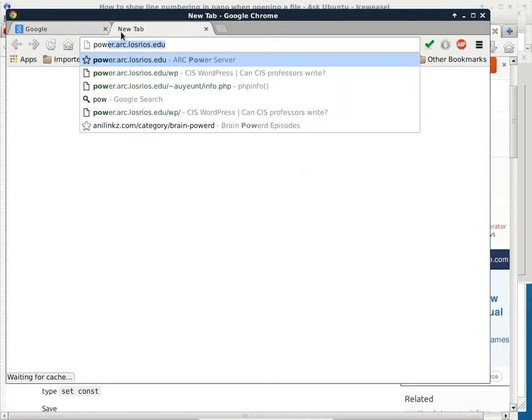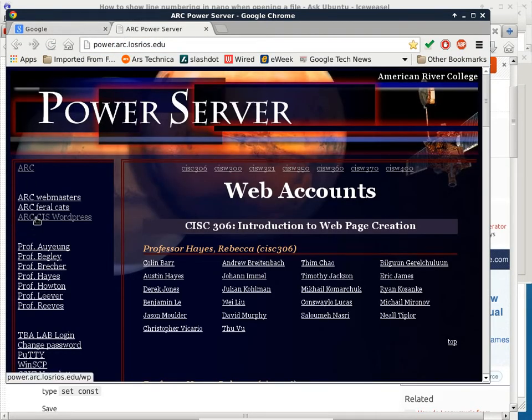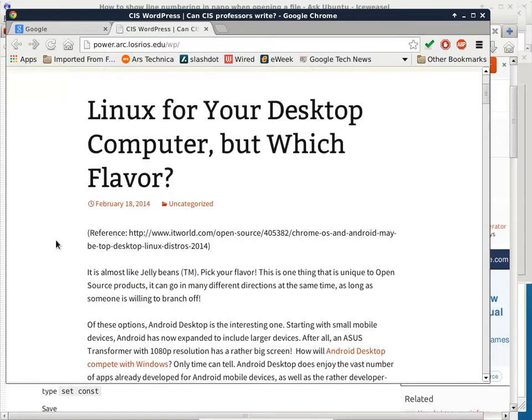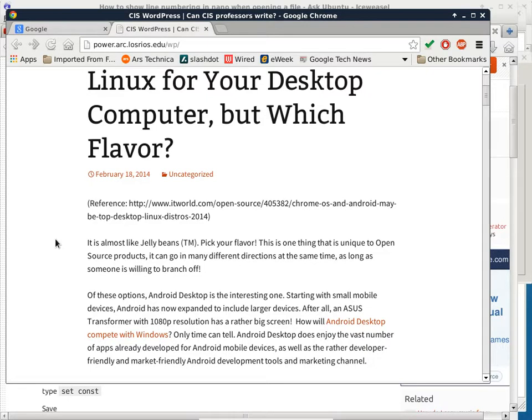So let's go to the Power Server and just take a quick look at the WordPress. Well, this one is kind of interesting. It is related to this class for once. Somebody wrote this article about alternative desktop operating systems, and we kind of know that Linux has always been kind of on the horizon, but most people think I don't really want to use Linux the way the clunky GUI